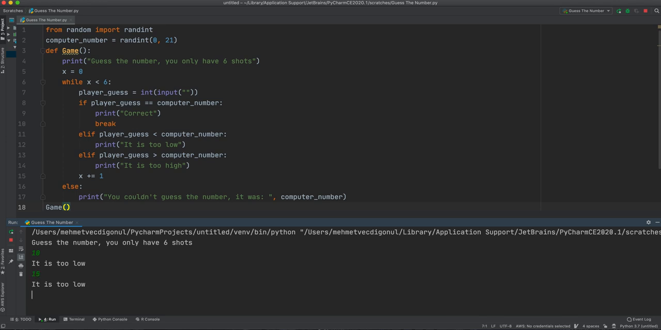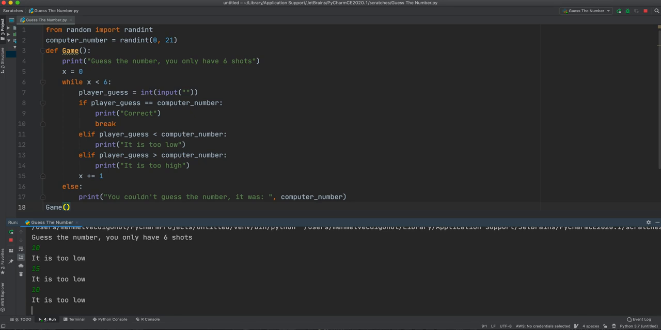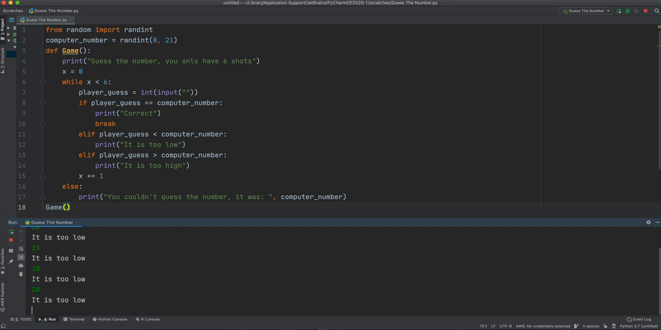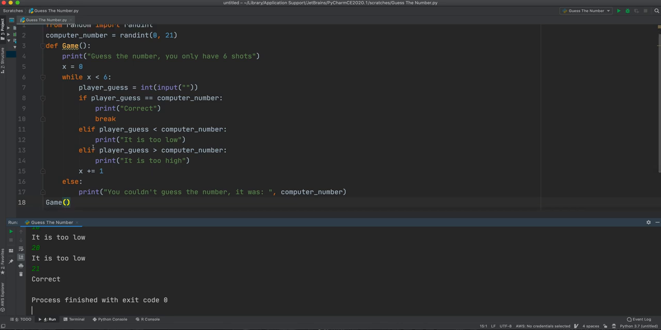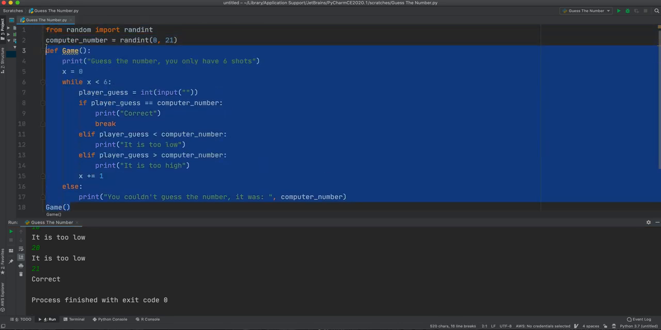15, too low. Let's see. I accidentally typed 10. I was going to type 20. 20, it's too low. Then I guess it's 21. Correct. As you can see, guys, now we have a fully functional guess the number